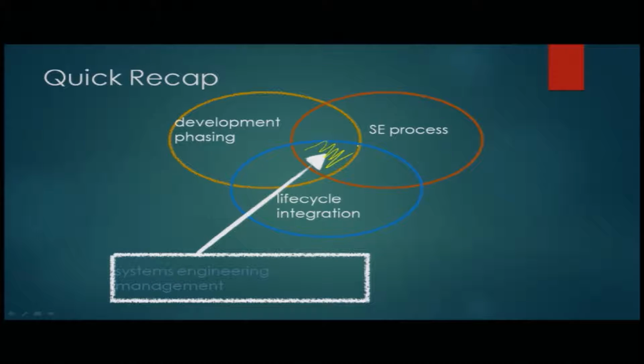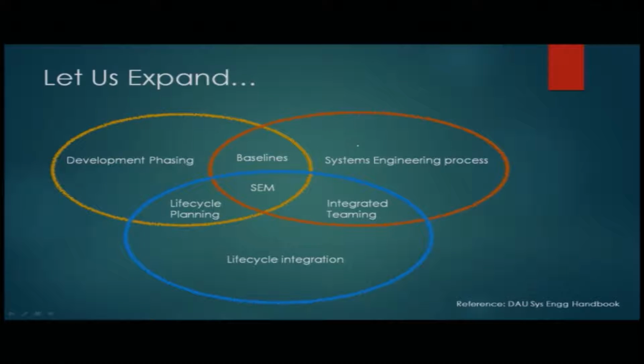Now, in this lecture, we will actually expand the whole system and study what are the major aspects of it, what are the major components of it, and how it proceeds. If we expand the diagram, it will look something like this, taken from the DAU Systems Engineering Handbook. The systems engineering process, this red circle,